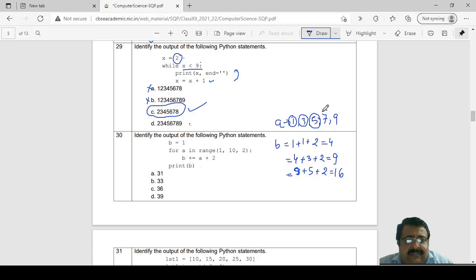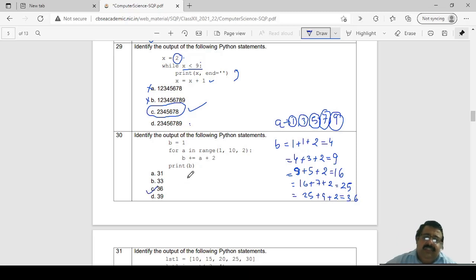Again, when A is 7, B becomes 16 plus 7 plus 2, that is 25. And when finally A becomes 9, it is 25 plus 9 plus 2, that is equal to 36. So the correct answer is C, 36.